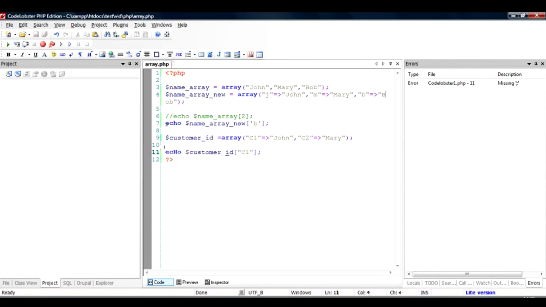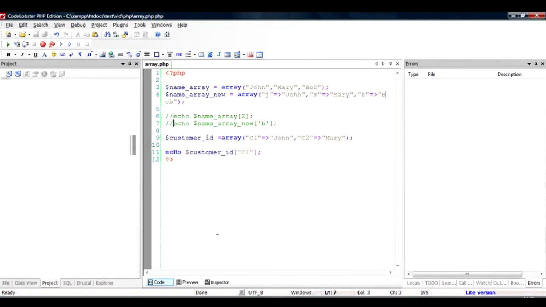I'll just comment this one out also, and now John should be output on the screen. So as you can see, I can access multiple sets of information from this. If I have related information, I can go into a key and value pair.